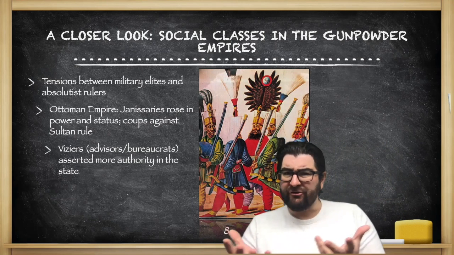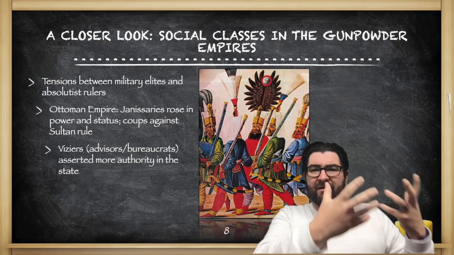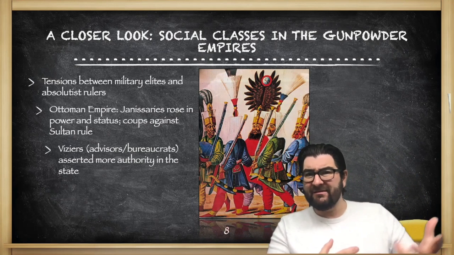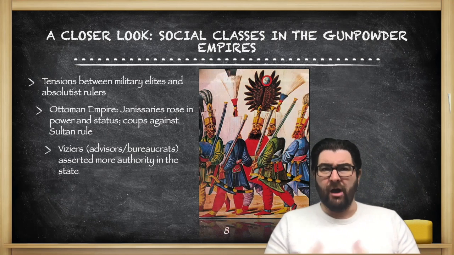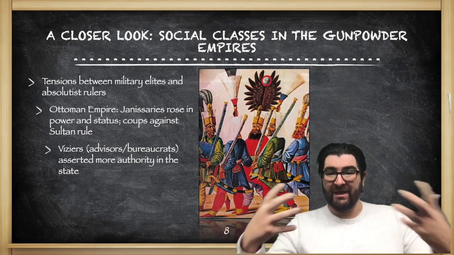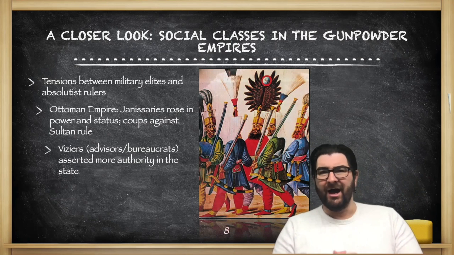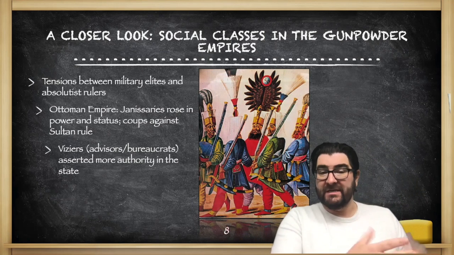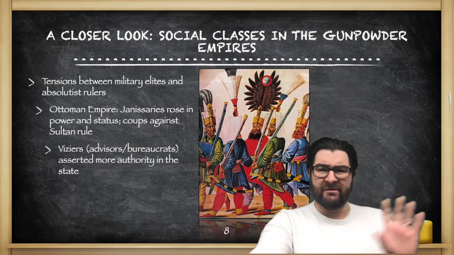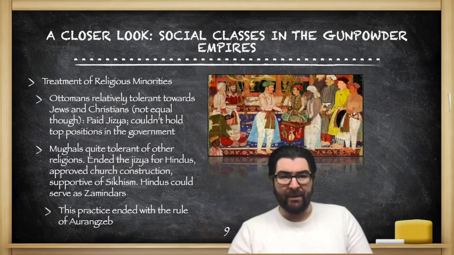Remember, we've got a situation here where the sultan often grows up in the palace and never really sees the outside world, while his viziers and his elite warriors are much more worldly and they know what's going on outside those doors. Think of the story in Aladdin, where Jafar, the vizier, can start to dominate the sultan, who is not nearly as knowledgeable of what's going on within his own empire.